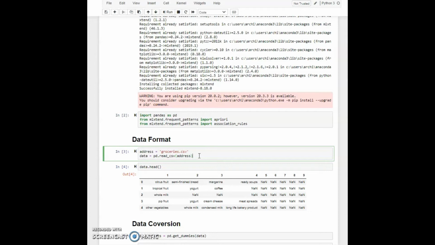So it's often not in the format that we need it to be in, so we have to convert it, and I am going to show you how to do that. Let's just read in the data first and then look at the first 5 rows. What we are seeing here is that each row is a transaction, and so we are seeing 5 transactions in the output of cell 4.